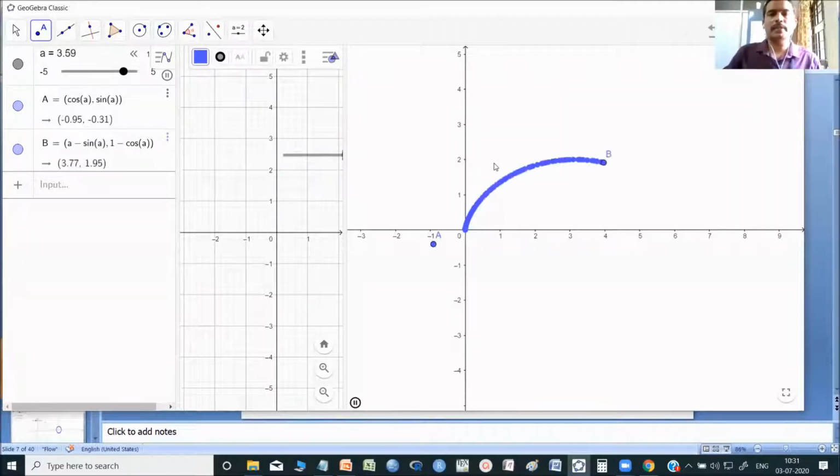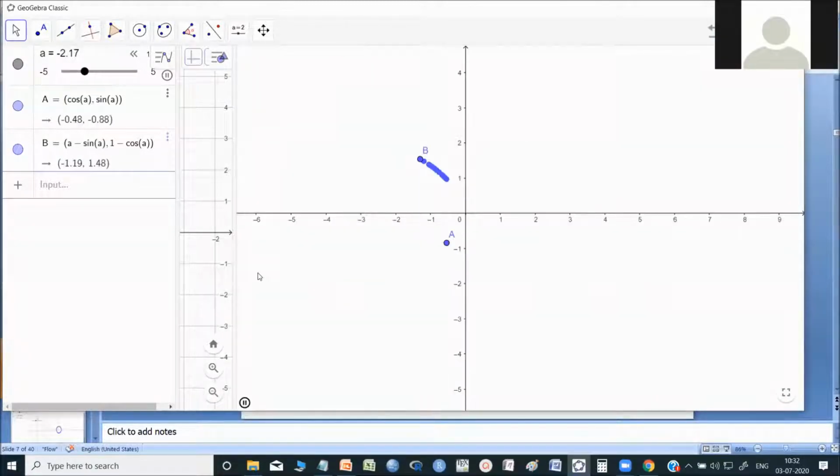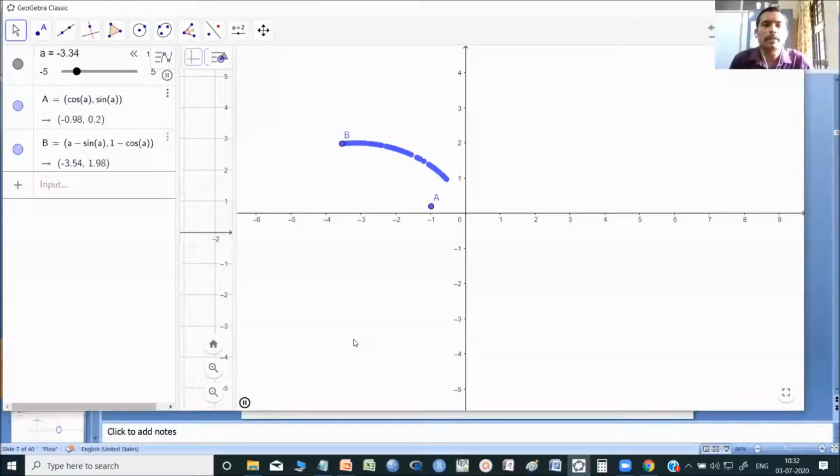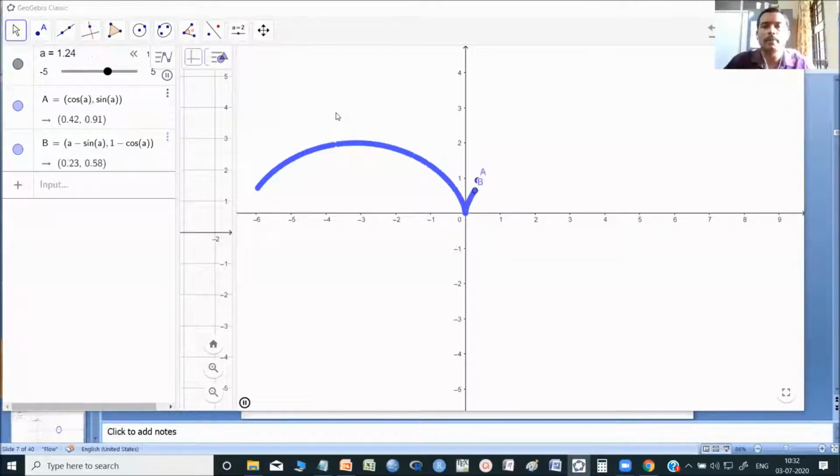It is tracing the cycloid between -5 and 5. I just adjusted the screen. The screen is now between -5 and 5. You could see that this is the shape of the cycloid. The other button is a different one, which I don't want now.